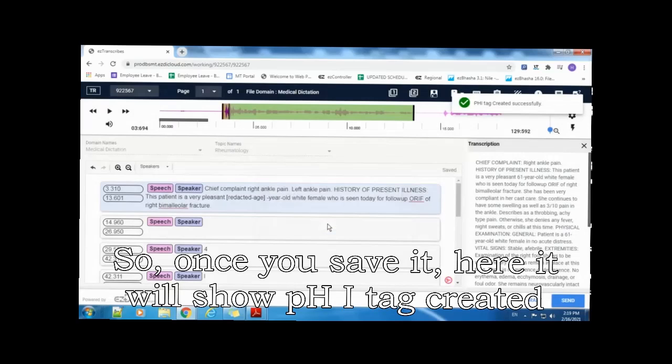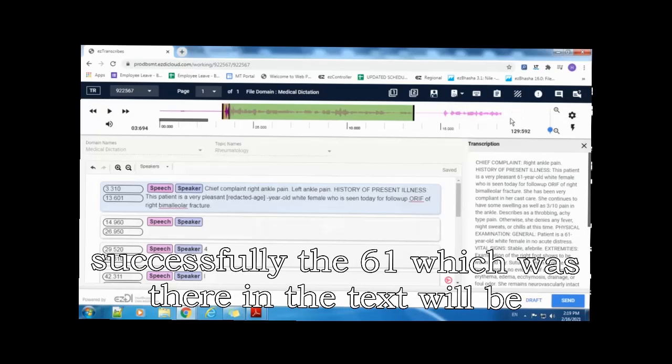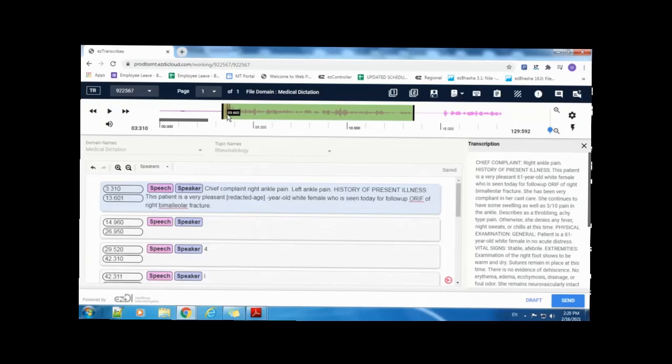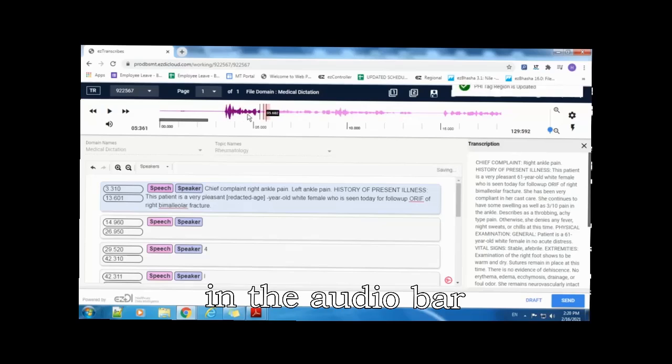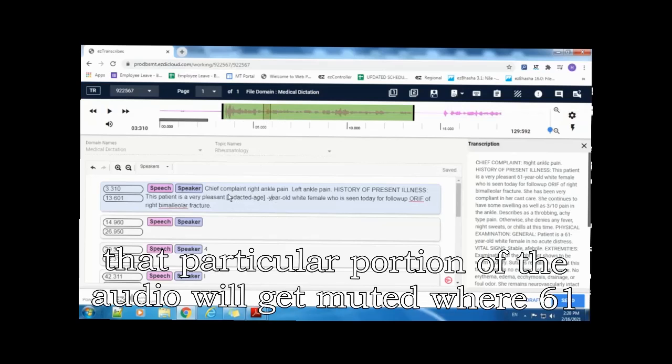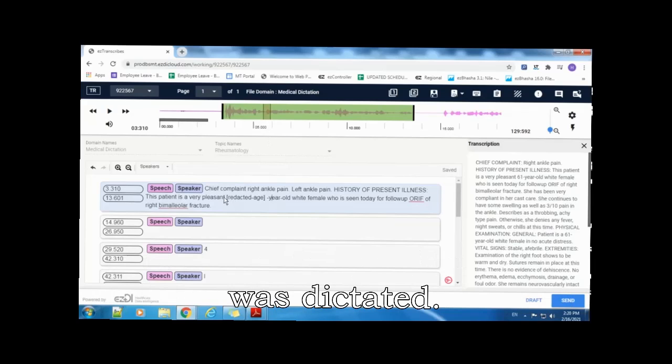Once you save it, it will show PHI tag created successfully. The 61 which was there in the text will be replaced with the PHI label as redacted age. And the third thing that will happen is, in the audio bar, that particular portion of the audio will get muted where 61 was dictated.